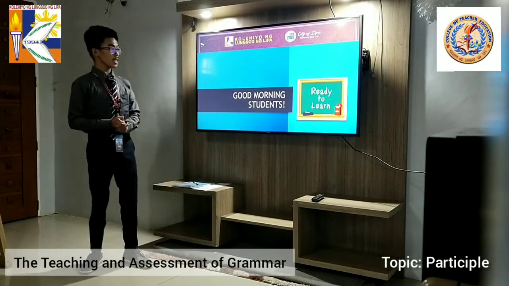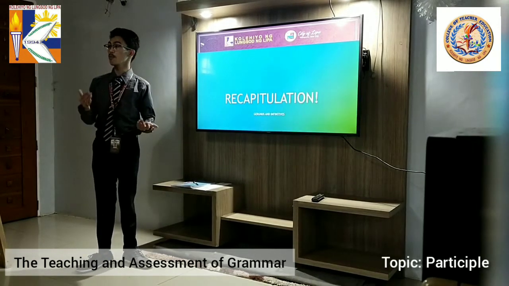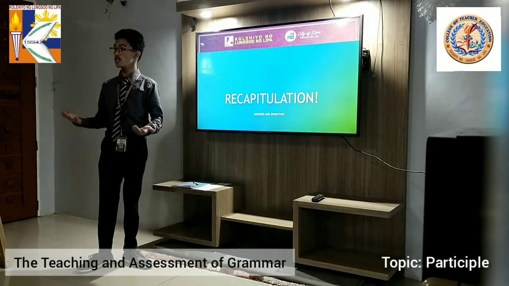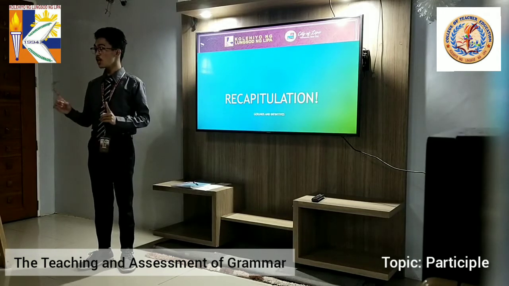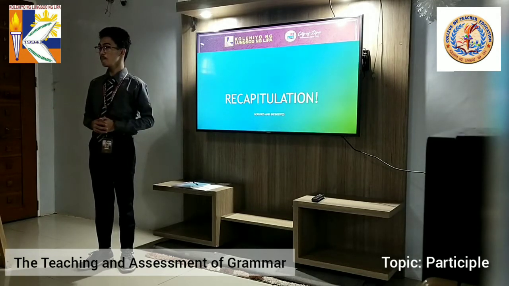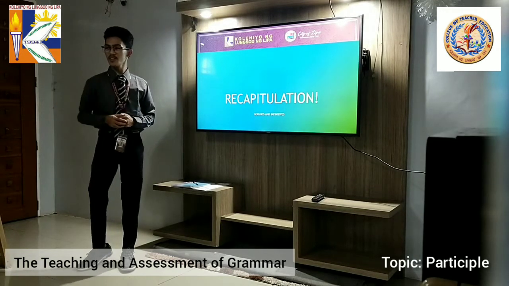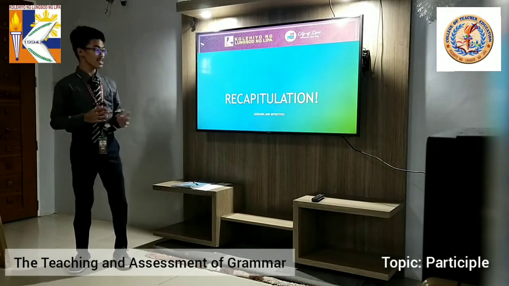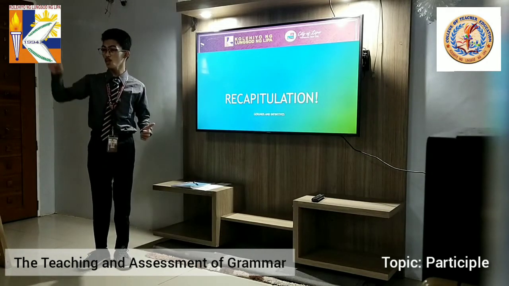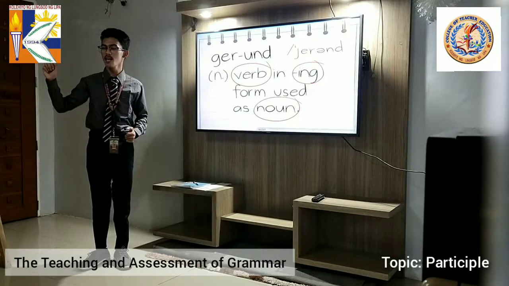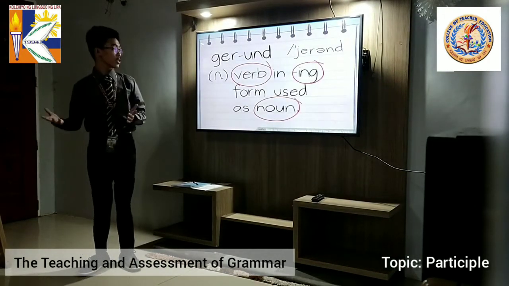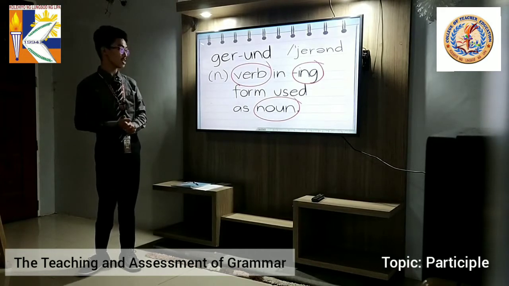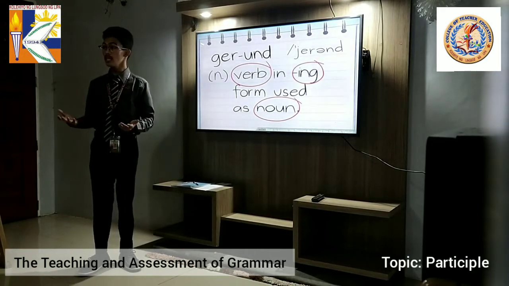So before we proceed to another topic, we still have to remember and to reminisce what we have discussed last time. So Sid, can you give me the first topic that we have discussed last time? Very good. The topic that we have discussed last time is about gerund. The second one is what, Lee and Kate? Infinitives. Great. So let's first remember what is a gerund. It is a verb plus ing, and it is formed and used as a noun in a sentence.